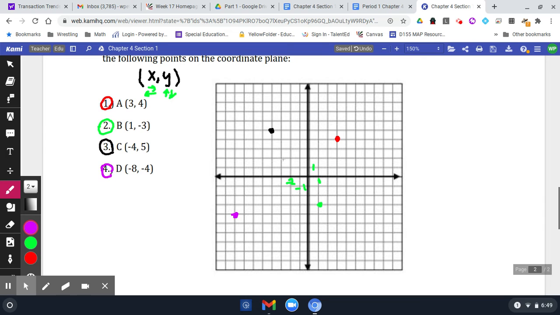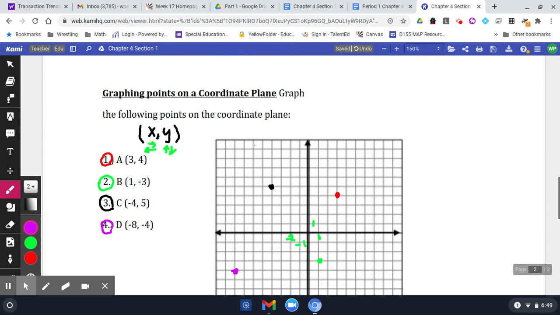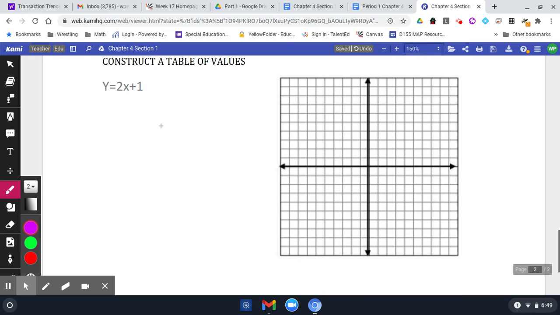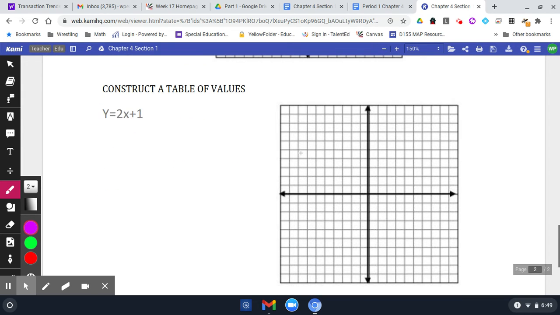You guys are going to do a very quick IXL on this that you should be able to shoot through. All right, just getting you practicing, reminding yourselves how to graph coordinate pairs. The reason they're called coordinate pairs is because it's a pair of numbers that creates a coordinate. Now, what we're going to do over here is graph this line, guys. And this is what you've all done before, and this is the more important part of coordinate pairs and what